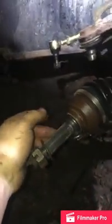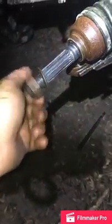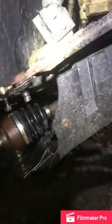You have your 2 bolts for your upper and lower tie rods. Upper and lower A-arms. You have your bolt for your tie rod, your nut for the castle nut. Mine's a 30 millimeter. Yours might be different. Upper and lower, your 2 for your caliper. And that's about it. Once you have all that off, pull it off, and I'll show you how to replace